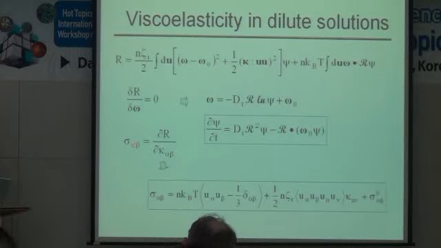And this sigma alpha beta is the macroscopic stress tensor. Sigma alpha beta is derived from simply taking a partial derivative of the Rayleighian with respect to the velocity gradient